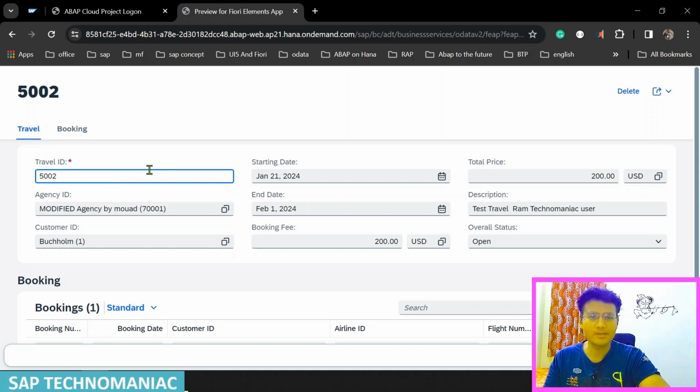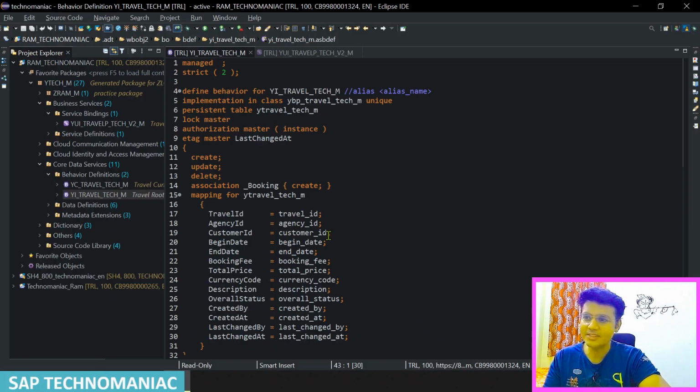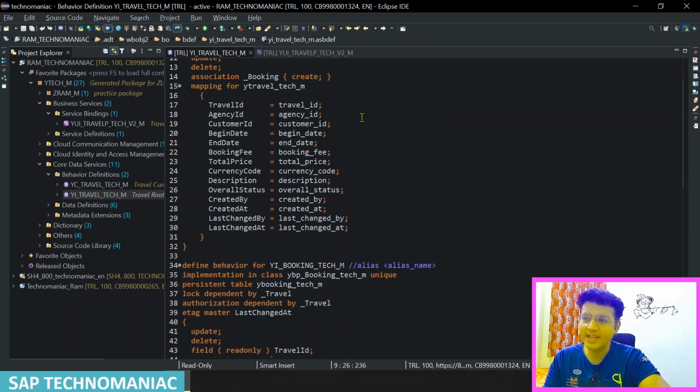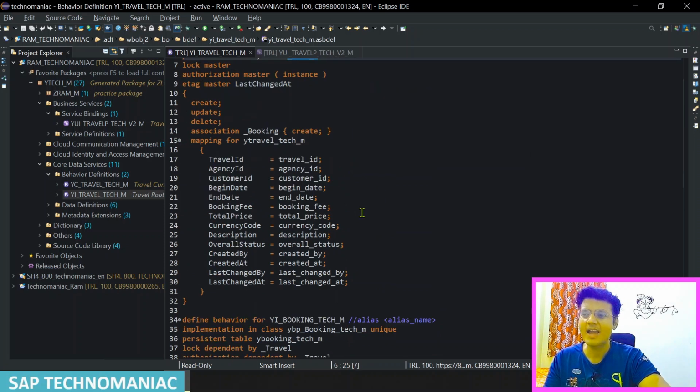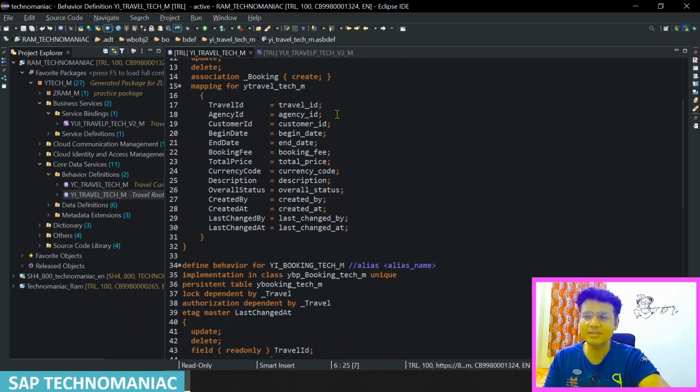So when you are doing this kind of thing, you have to make sure. Now let's come to the system. For doing the early numbering, we have to tell for each and every entity we have to do the early numbering. But in this scenario, we will implement the early numbering code for our travel, and since this travel is